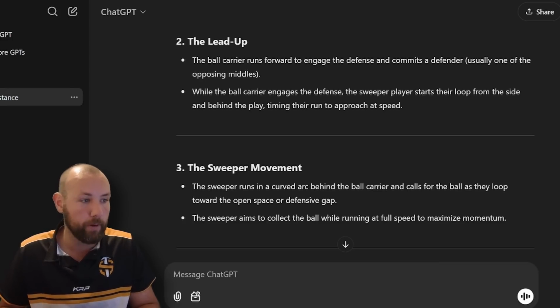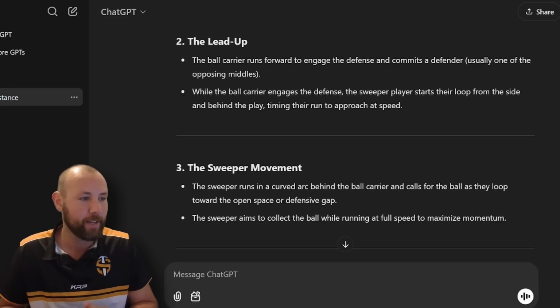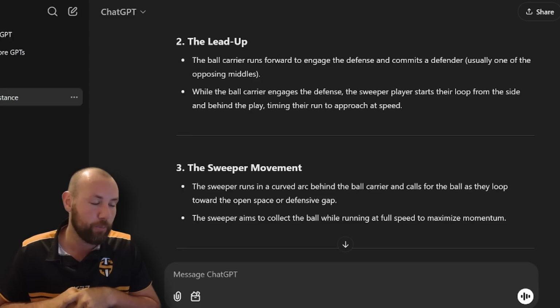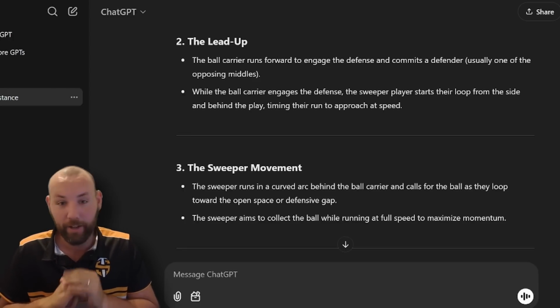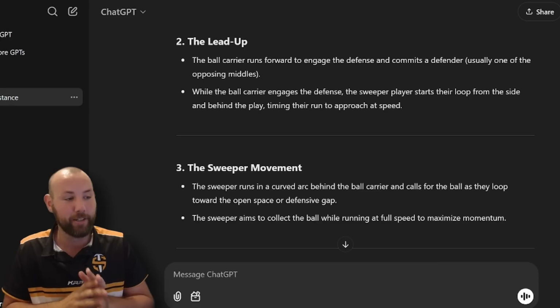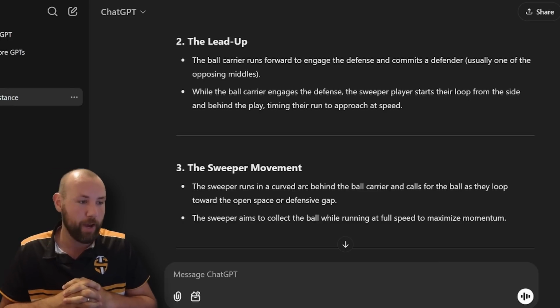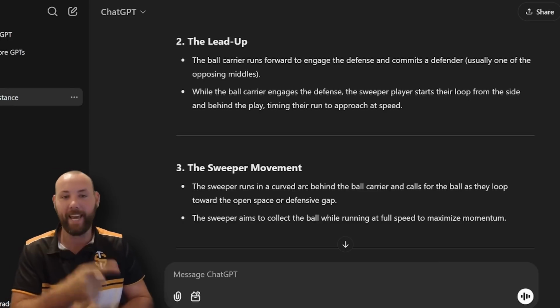The sweeper movement. The sweeper runs in a curved arc behind the ball carrier and calls for the ball as they loop toward open space or a defensive gap. Okay, now this is actually starting to sound pretty accurate. The sweeper aims to collect the ball while running at full speed. Yes,